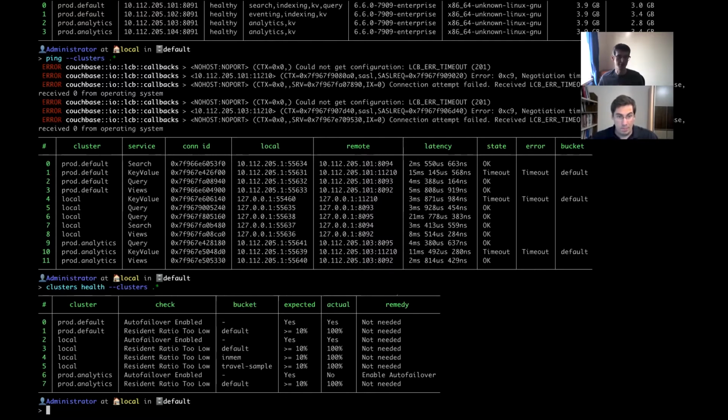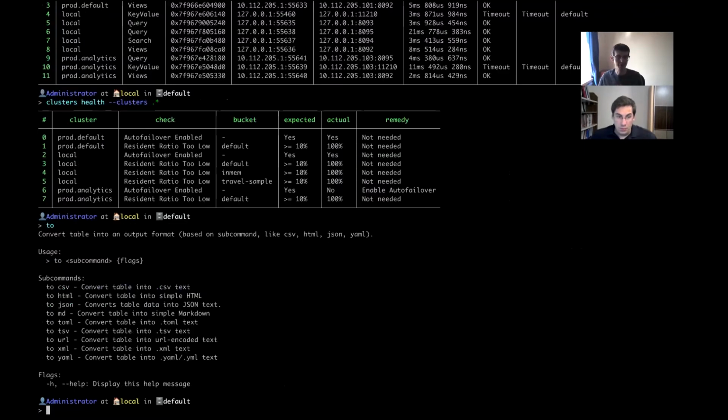So all this is great and everything, but we've only got it in the shell. We might want to save some of this data for historical use. Well, Couchbase Shell, Nushell, exposes this to command. This can be used to convert any of our table outputs into another format. So if we run the nodes, all of our clusters, and then we do to csv,